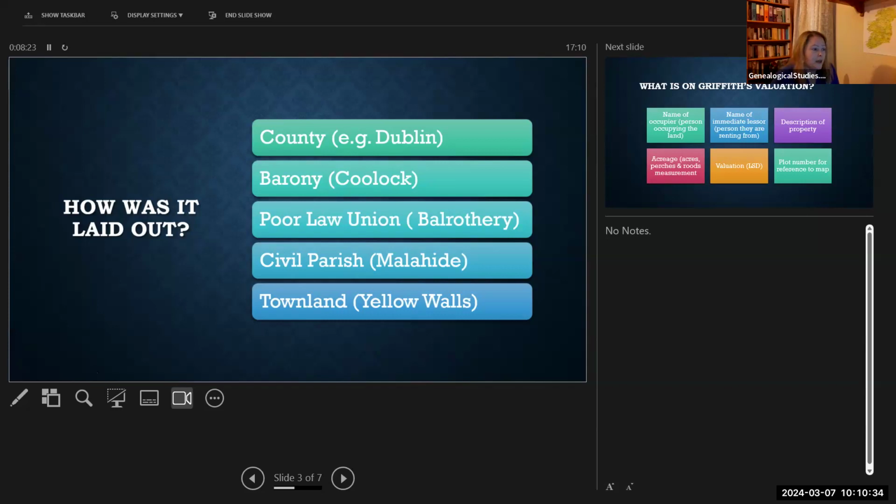Shane is a friend of mine, and he's got an amazing set of resources up for free on his website. And one of the best ones is the digitized copy of the 1851 Townland Index, which is also produced as a book. And this was a way of codifying the spellings of townlands, which was produced in parallel to the 1851 census. There's also a 1901 Townland Index, but I tend to use the one on Shane's website as being a better interface. So what do we get when we get onto Griffith's valuation?